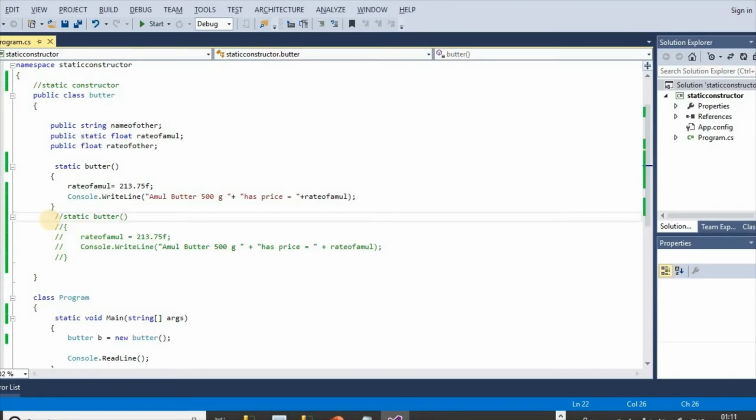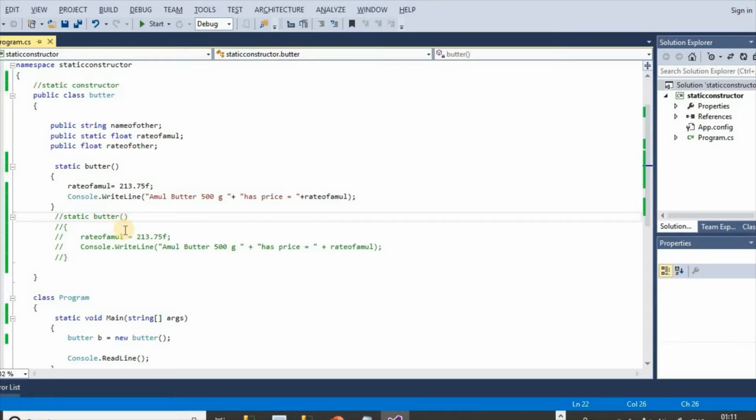There may be two static constructors, but the parameters must be different in both. Here the static constructor is without parameter, so the other constructor must be with at least one parameter.